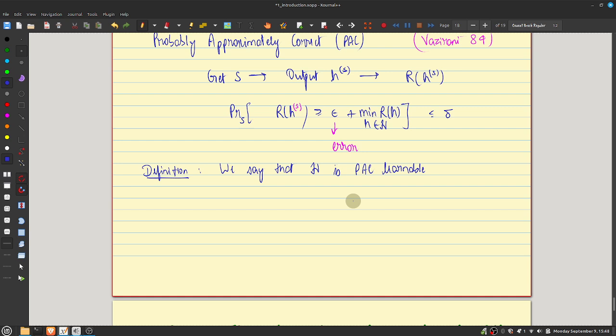So we'll say that H is PAC learnable if the following happens. If for every epsilon greater than 0, delta greater than 0, there is some number m, which of course depends on the hypothesis class. It depends on epsilon and delta. The key point is what I have not included in this, which is